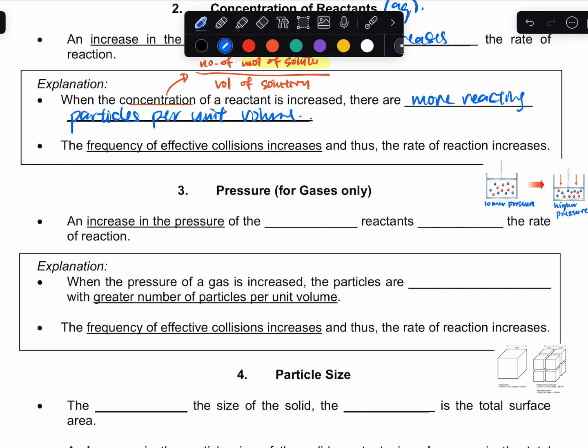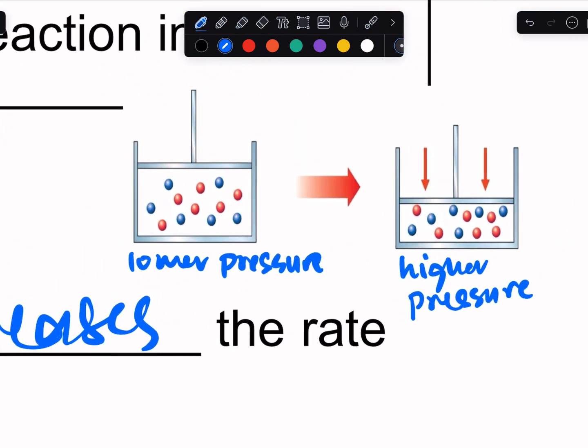So though this is for gaseous reactants, increasing pressure increases the rate of reaction. If you look here, the concept is actually very similar to that of increasing concentration. Here on the left, I have something of a lower pressure. Now, what can we think of pressure as? We can think of pressure as the amount of force that the gaseous particles are exerting on the walls of